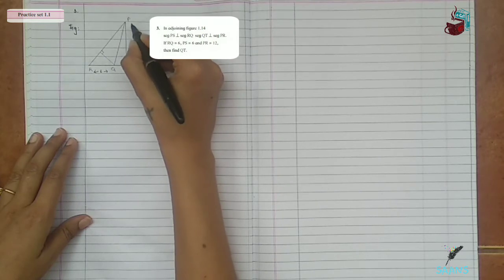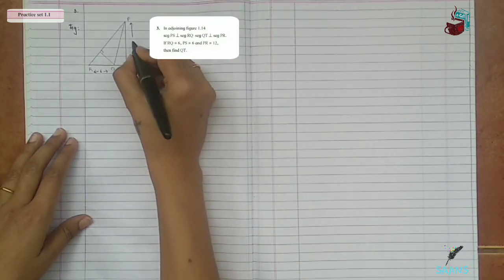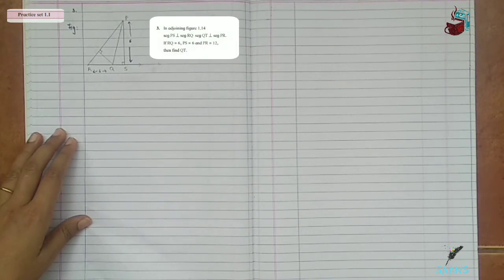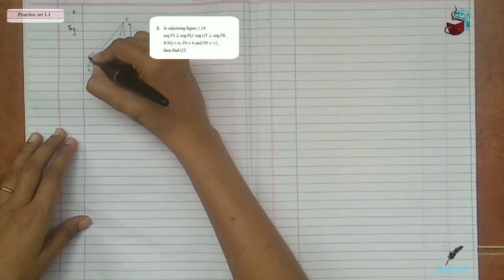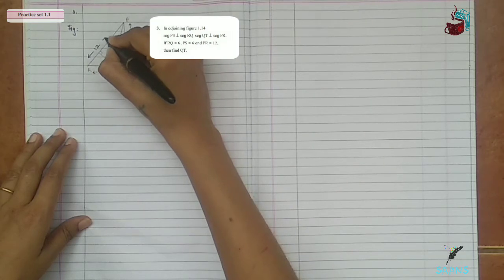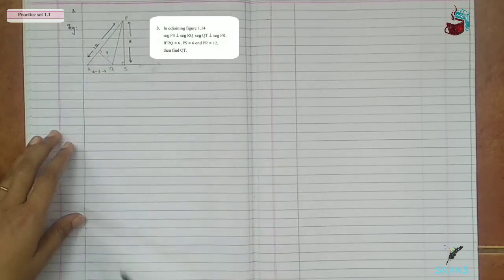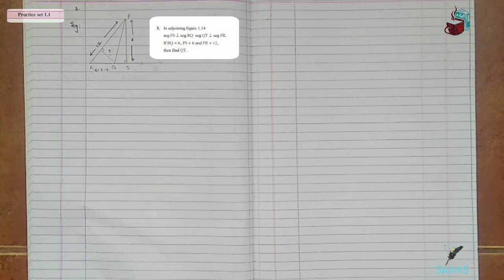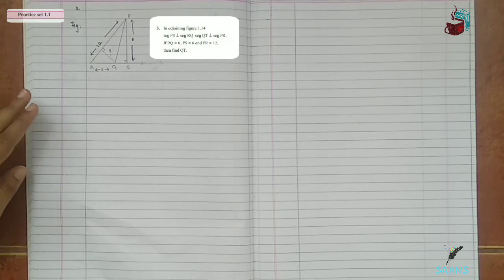PS is given as 6 units. Okay. Then we have PR as 12 units. We have to find QT. Now, finding QT, since we are already doing ratio of area of triangles, immediately your instinct is